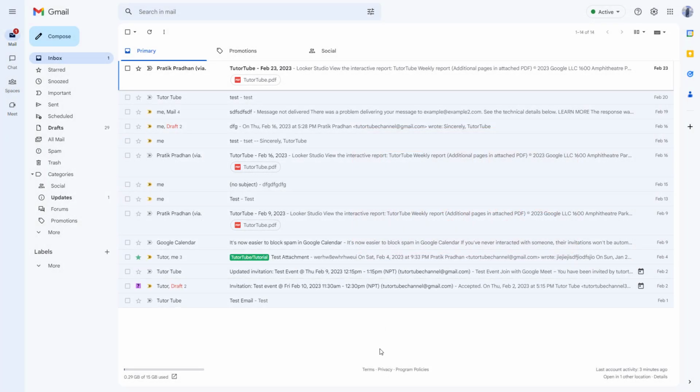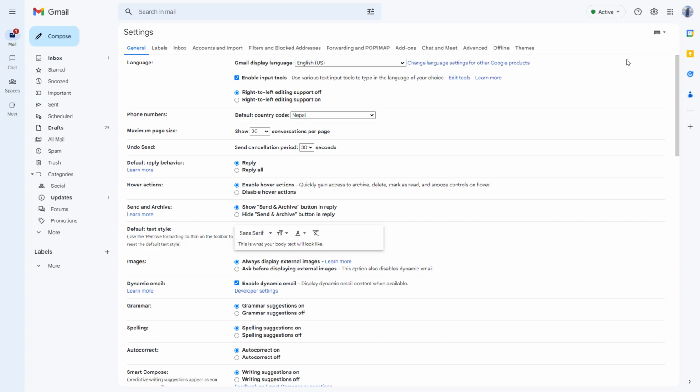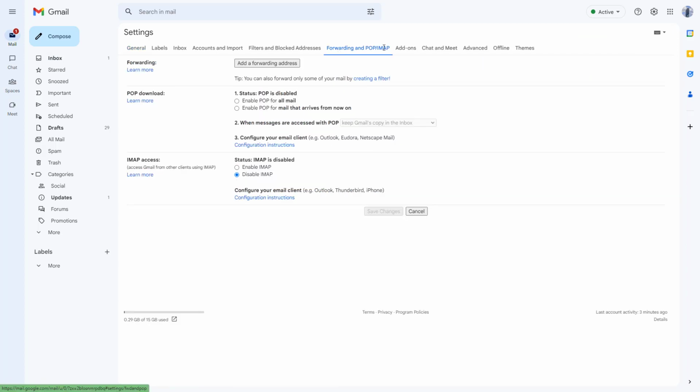So each time you receive an email in Gmail, if you want it to be automatically forwarded into another email address of your choice, then you can set that up as well. To do that, you need to click on the gear icon right here and click on See All Settings. Once you do that, go onto the Forwarding and POP/IMAP tab right here. And here you can see that you can add in a forwarding address